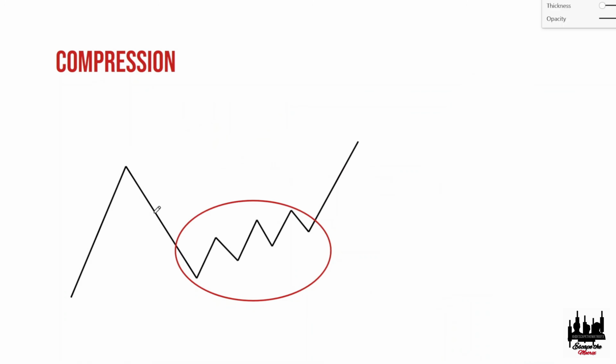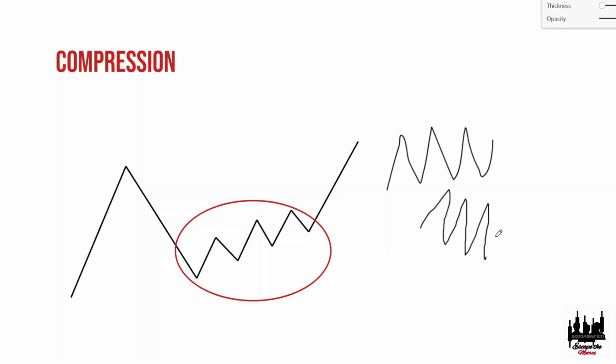So let's get into our compression based entry. So, what is a compression? A compression is a sideways accumulation. So, it's an accumulation with a direction, basically. A regular consolidation is just sideways, right? But when you have a consolidation that moves to a direction, which you see a lot of retail traders,